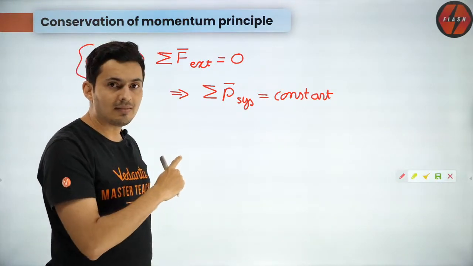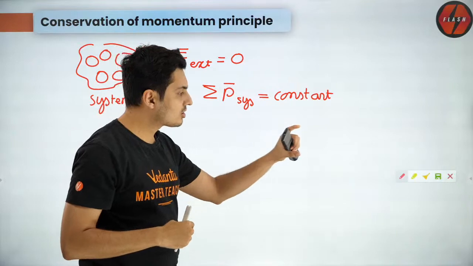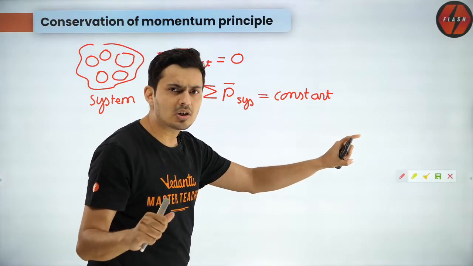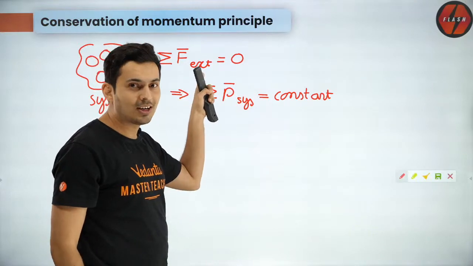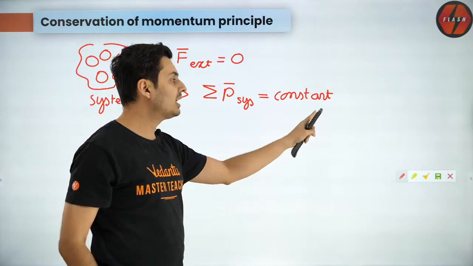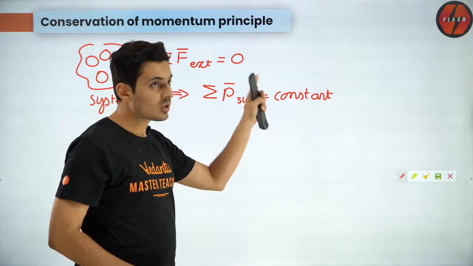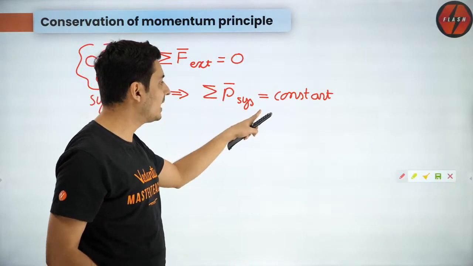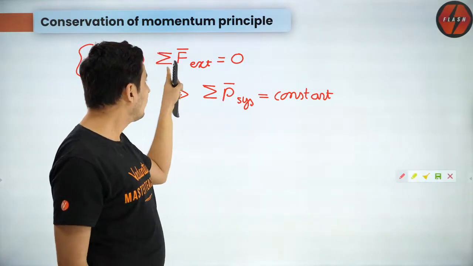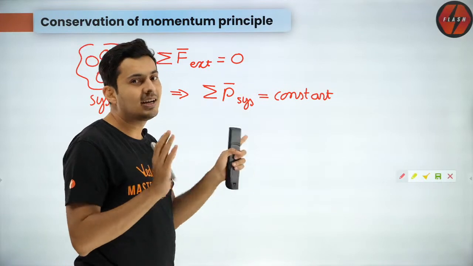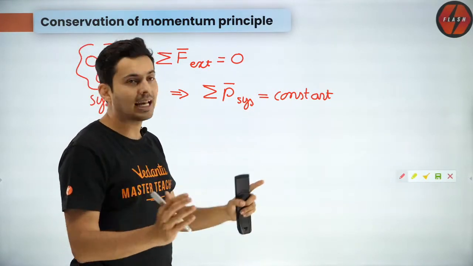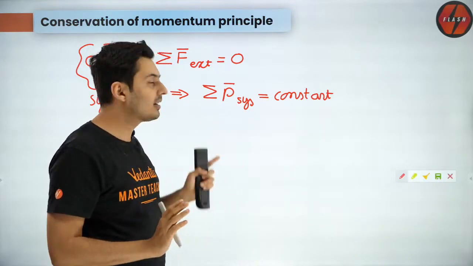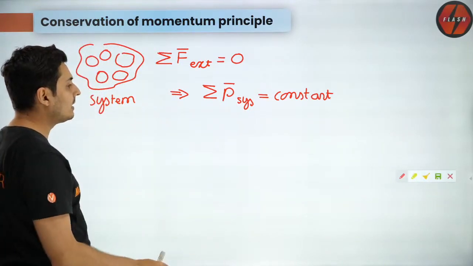Like you saw in the previous animation, that red ball stopped after some time. Why did it stop? Because on the red ball there was a frictional force. So net force was not 0. So that's why the momentum was not constant. So this principle is only obeyed under the circumstance when the net force is 0, else it will not be obeyed. So there could be forces, but as long as they cancel out each other, then it is fine. Understand that. I hope this is very, very clear.